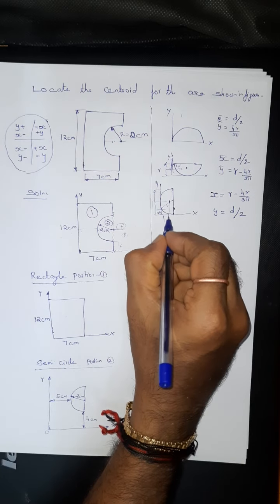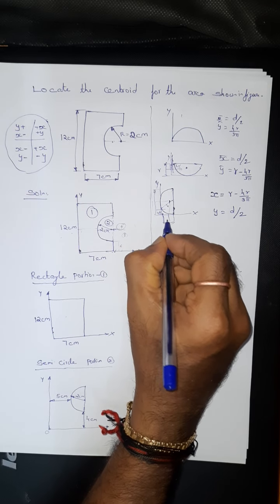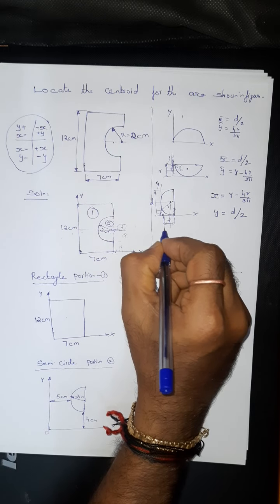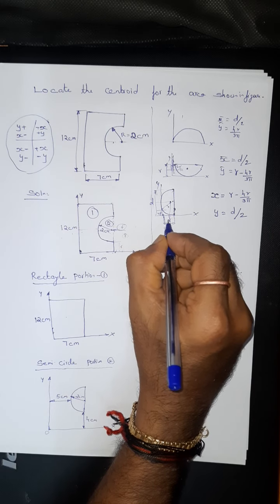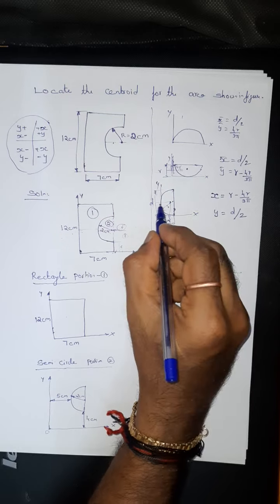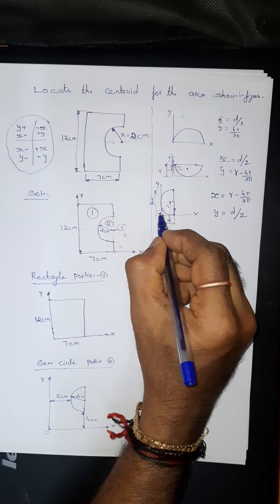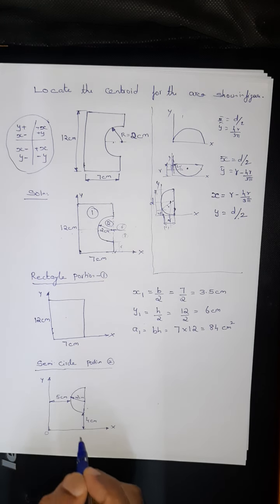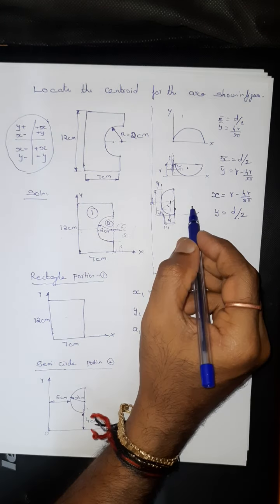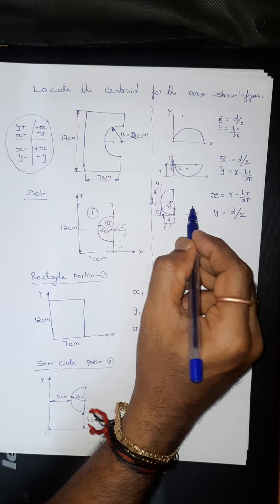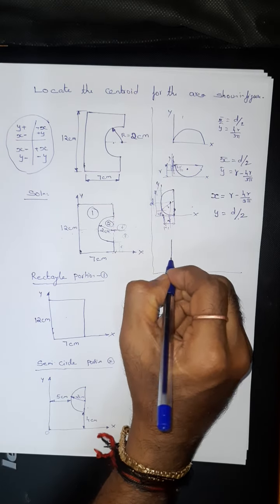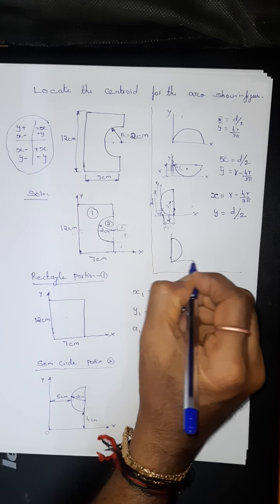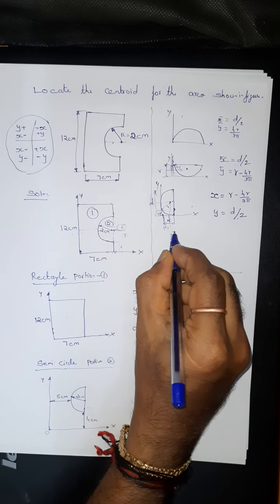Sorry, up to here it is r, and up to here it is d, isn't it? So this portion is r minus 4r by 3 pi, and y is this height, d by 2, which is d. See, as far as the r system is concerned, this is what it is here. Suppose the semicircle is in this manner, then what will you do? This is x and this is y.